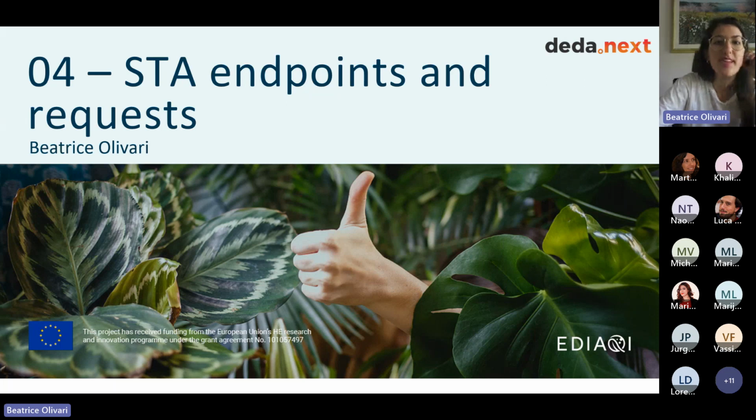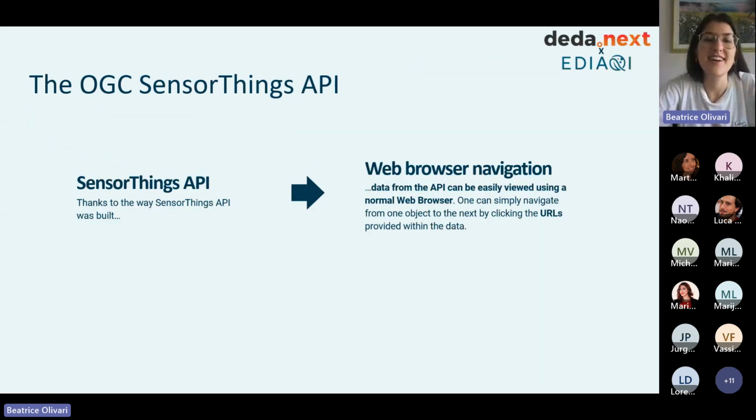I will be talking about the SensorThings API endpoints and how to make simple requests. So first things first, as Luca was saying, there is an API that is available so that users can get the data. And actually this API is built so that it's easier to navigate through it simply using a web browser. What we have to do is to learn how to create these URLs to make the requests we need.